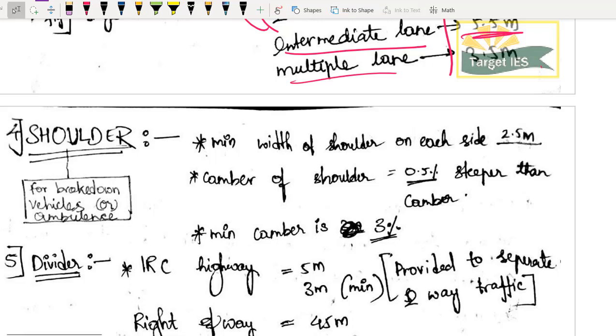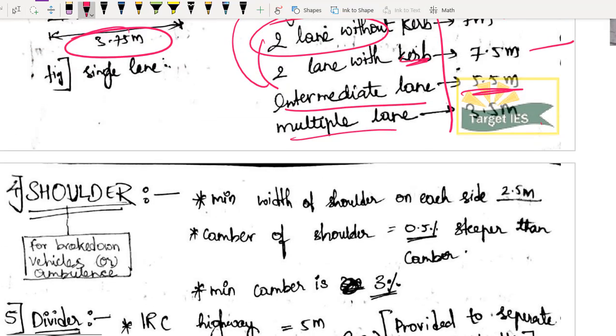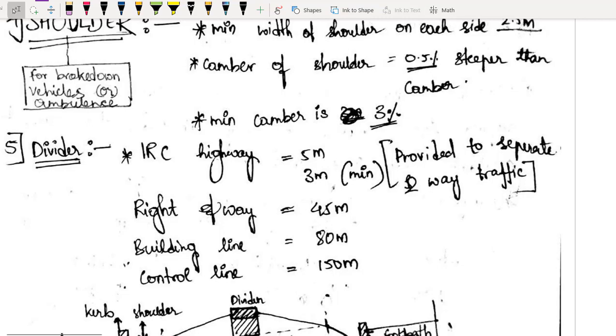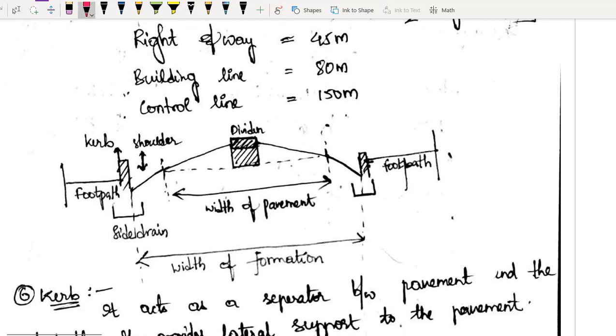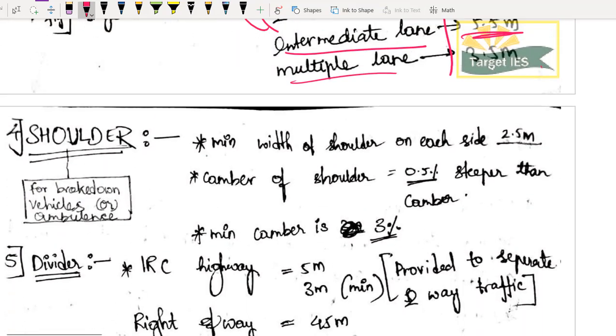Okay, now coming to the shoulder. Shoulder I have already explained in the beginning chapters, just beside our road. Let us say this is our road, width of pavement. Here in the middle comes my divider. So this is my carriageway, and beside it I am having a shoulder. Why is the shoulder given? If you want to park your vehicle, you cannot park on the road, right, there will be an accident. Or if you want to give side to your vehicle so that an ambulance can go, then obviously we need some shoulder. Okay, I hope you got it right.